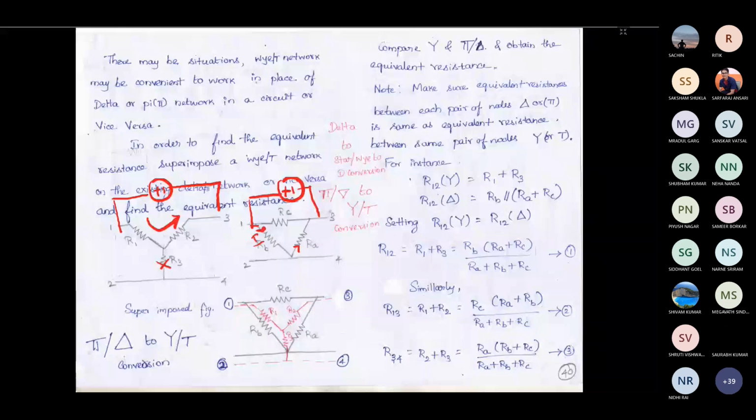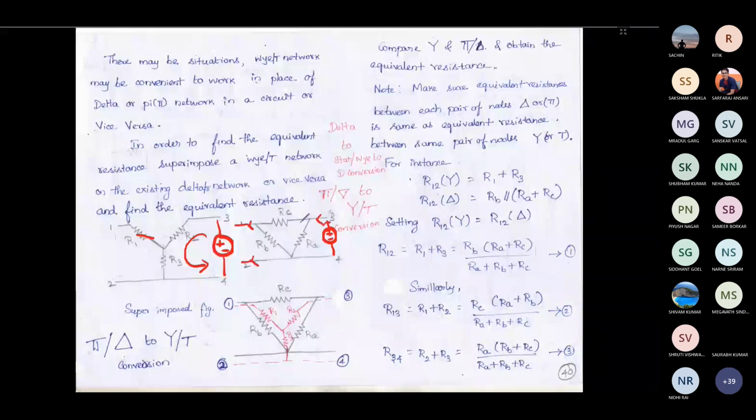For the third case, similarly, we applied some voltage source here. Now we checked the equivalent resistance. For this, the current will be flowing through this path only. The current will not be flowing through this path. Similarly, if you apply a voltage source here for the final thing, that is R34, the current will not flow through this path because this is open, and the current will not flow through this path, this is open. So whatever the current enters through this terminal,